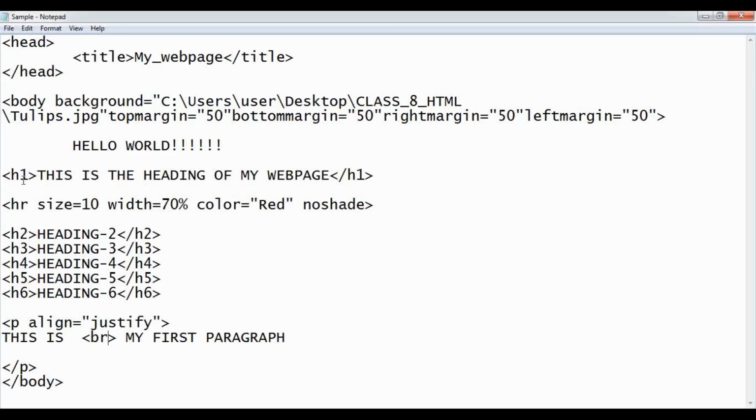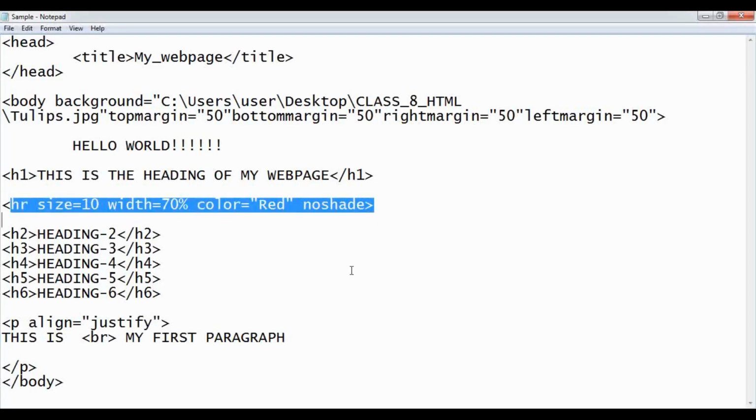H1 is the maximum size and H6 is the minimum size. After this we have seen the paragraph element. So now in the paragraph tag we have seen the attribute called align, and to align there are 4 values, that is align right, left, center and justify. After the paragraph tag we have seen the horizontal rule tag, that is to draw a horizontal line in your web page.